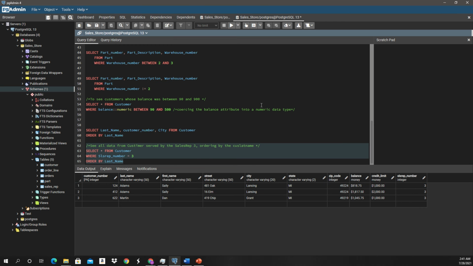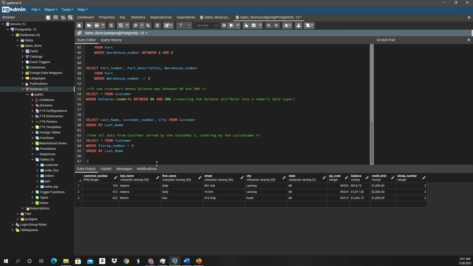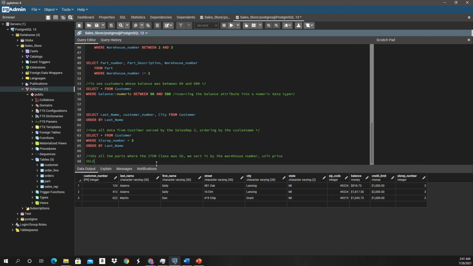All right, so let's do another one. Let's say we wanted to see all the parts where the item class was SG, but in this case we want to sort it by the warehouse number, and then we want to sort it by the unit price. So let's start this off by saying select. Oh wait, I need to get rid of this, so star that. So select, we want to see everything from the parts table